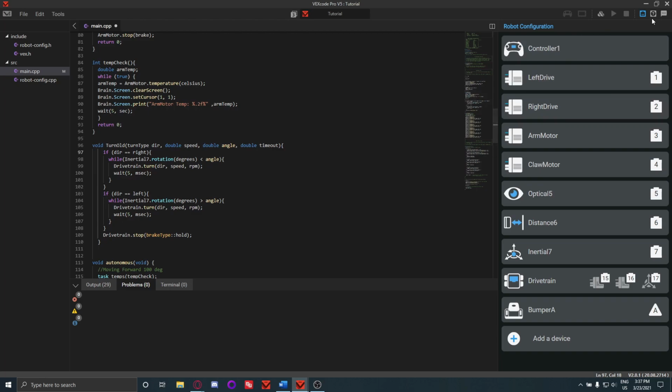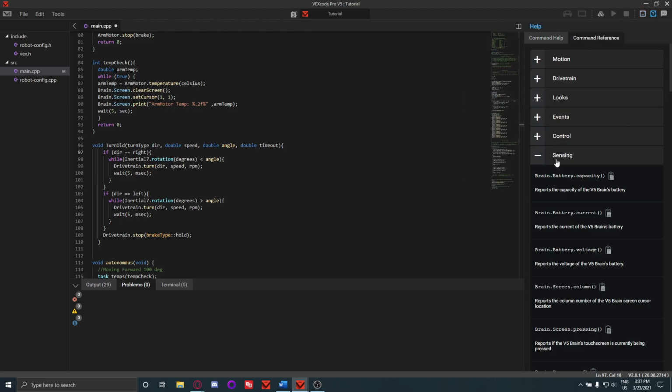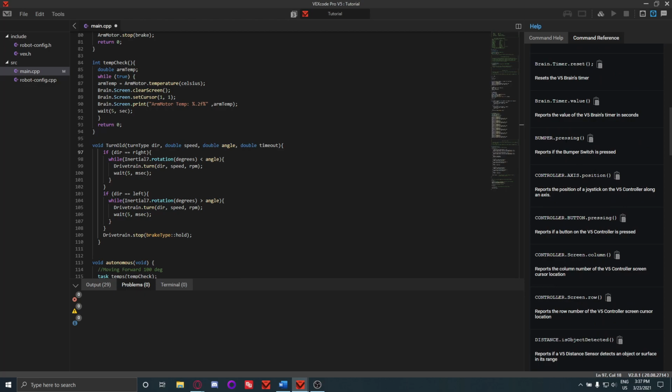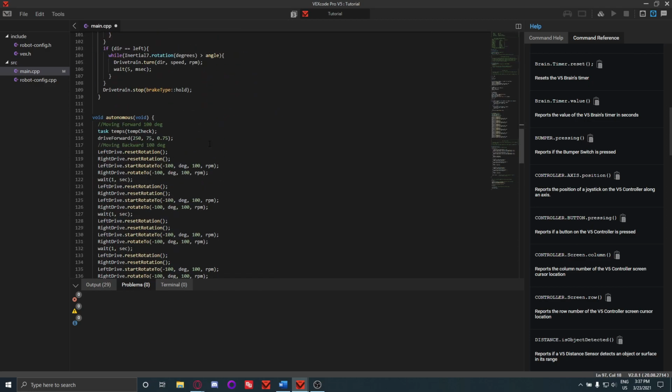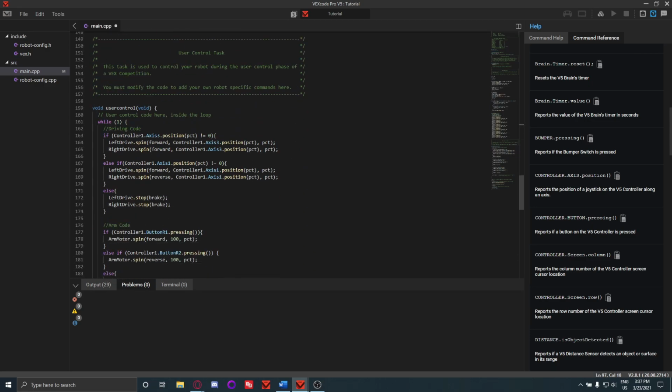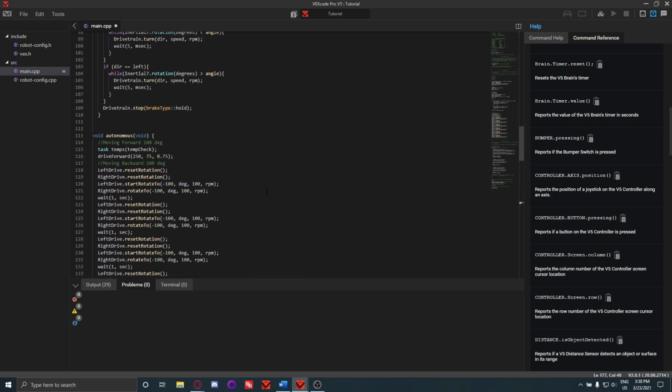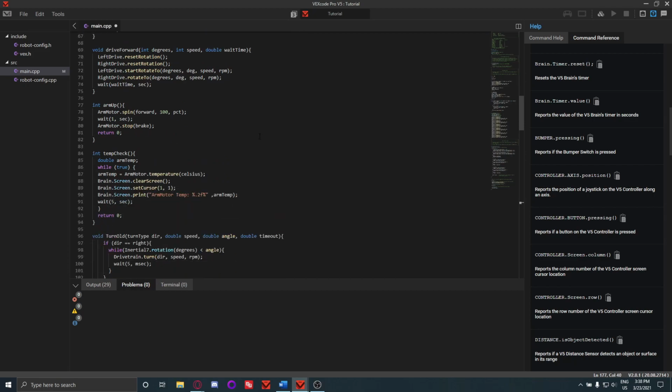You have a bumper. And then you can go into the command reference and look at bumpers. Since bumper is a pretty simple sensor, it only really has one command that you can use, and it's bumper.pressing. So these are essentially the same things we were using for the controller, the controller button pressing, except it's a bumper. These will return a Boolean value, which is a true or false statement,